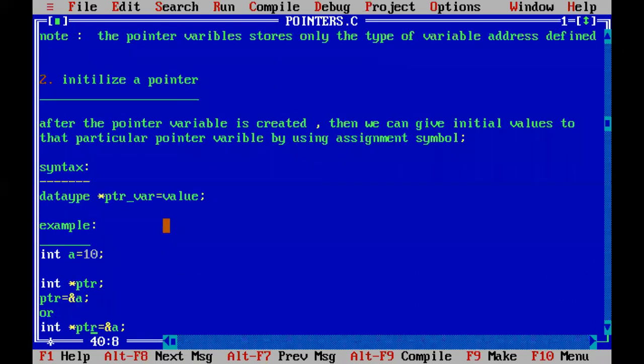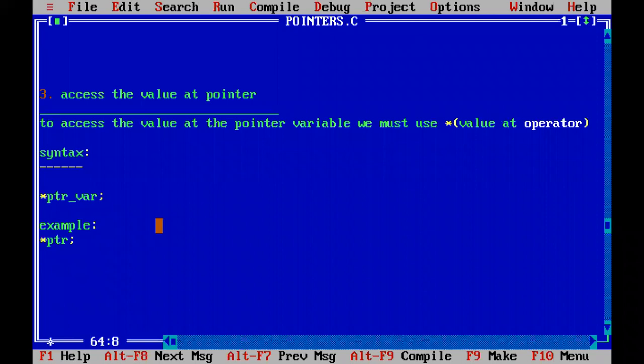And next, after initializing some value into the pointer, how to access the particular value? Again, we will use the star operator here. In this case, the star operator is called the value at operator. To access the value from the PTR variable, in the second point we created PTR, and that PTR is holding the address of a variable.